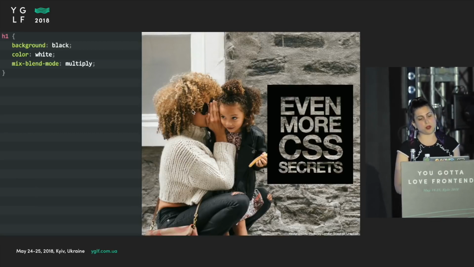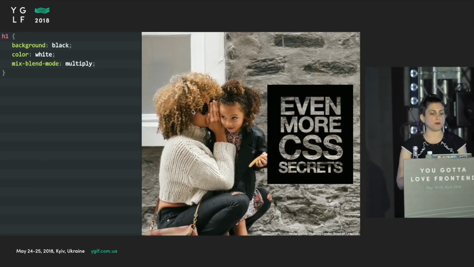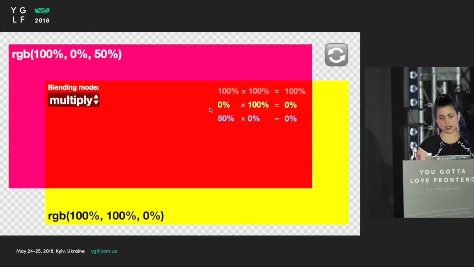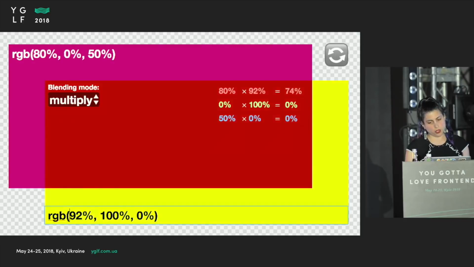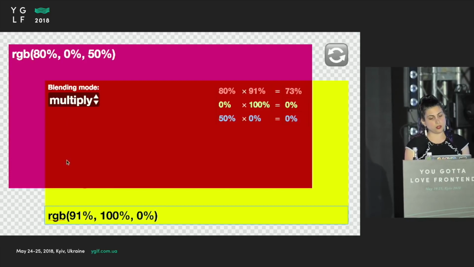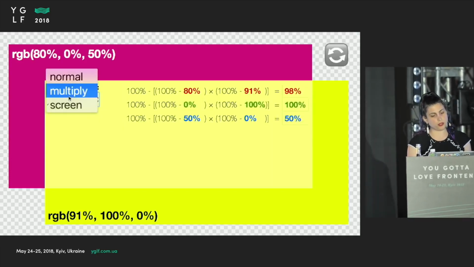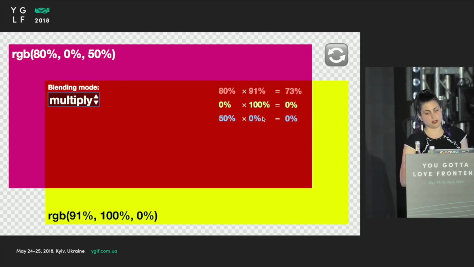But why does this work? Because if I just tell you this one line and it works, and if you use it, you get this effect, what's the point? It's just one more thing to memorize. So I made this little application which lets you specify two colors, and you can play with it after the talk, because my slides are online. You can input two CSS colors here, any color works, even named colors. And you select a blending mode, and you see both the result of their combination and the math used to